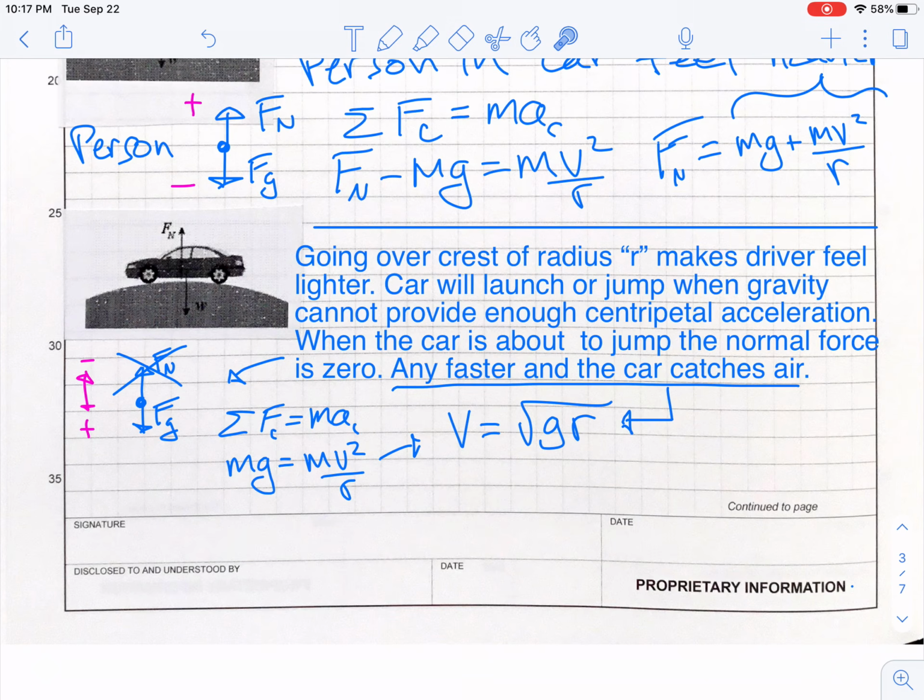Now, when the normal force becomes zero, we're still on the road. If we were going any faster than that maximum speed, then the car actually catches air. So we take the sum of the forces in the centripetal direction. There's only one of them, it's gravity. Because remember, we want to be on the verge of jumping here. So it's just gravity, and that's going to equal mv squared over r. We solve that, we get the square root of g